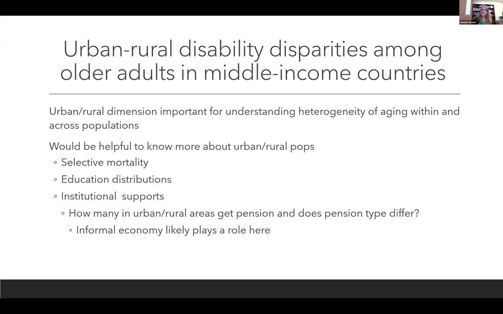The first paper was examining urban-rural differences in disability in three-country contexts. I think that this urban-rural dimension has always been very interesting in terms of trying to understand population health dynamics and disparities in a world that's constantly changing, with a rapidly aging population in a lot of these countries. This urban-rural dimension is maybe even more important than it has been in the past. And it really implicates a lot of things, from the changing family form due to migration patterns across urban and rural areas, to how we distribute services, particularly in very large countries like China, India, and Mexico.